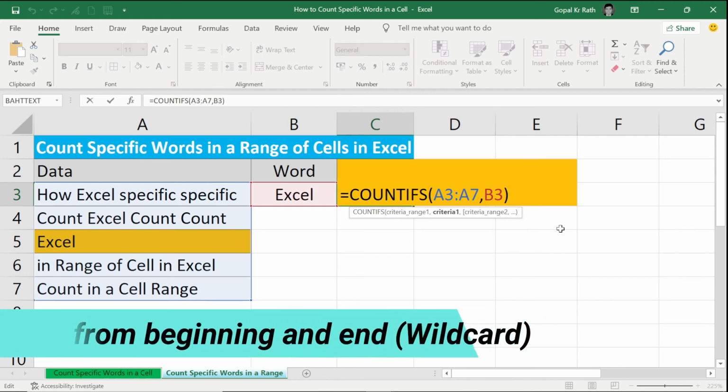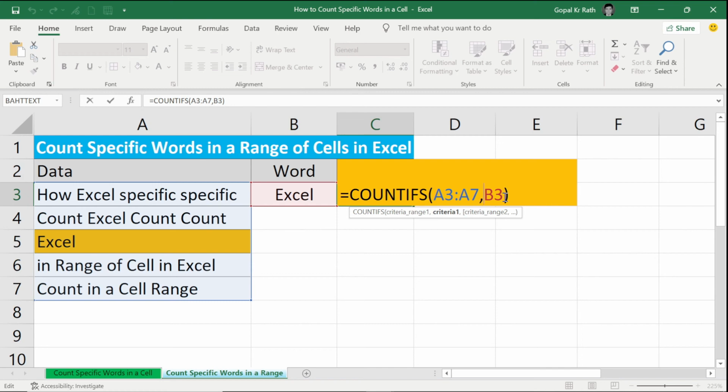It is called a wildcard. But if you have a cell link, you cannot simply type star here and star here. You will get an error. So what you have to do, you have to type double quote with star, again and, again B3, again and, double quote with star, and enter. It will work perfectly fine.